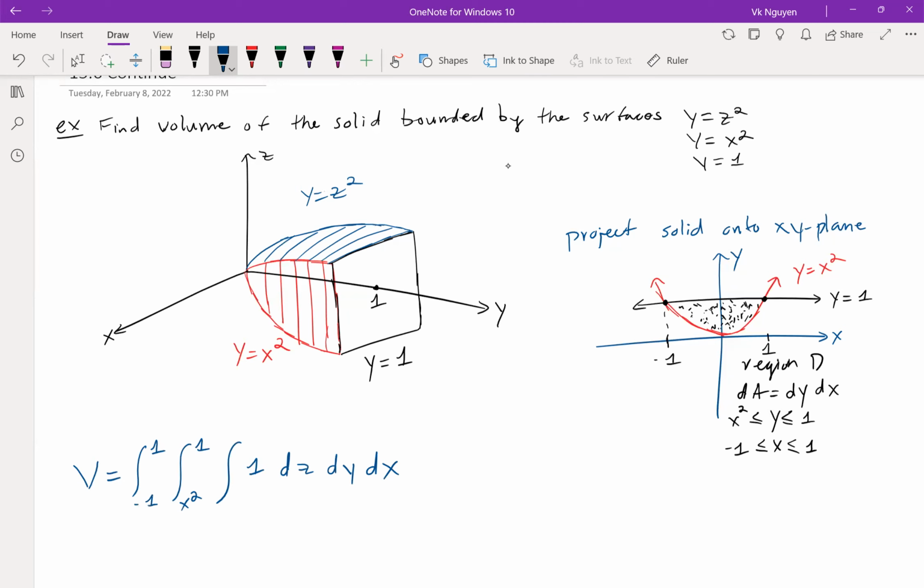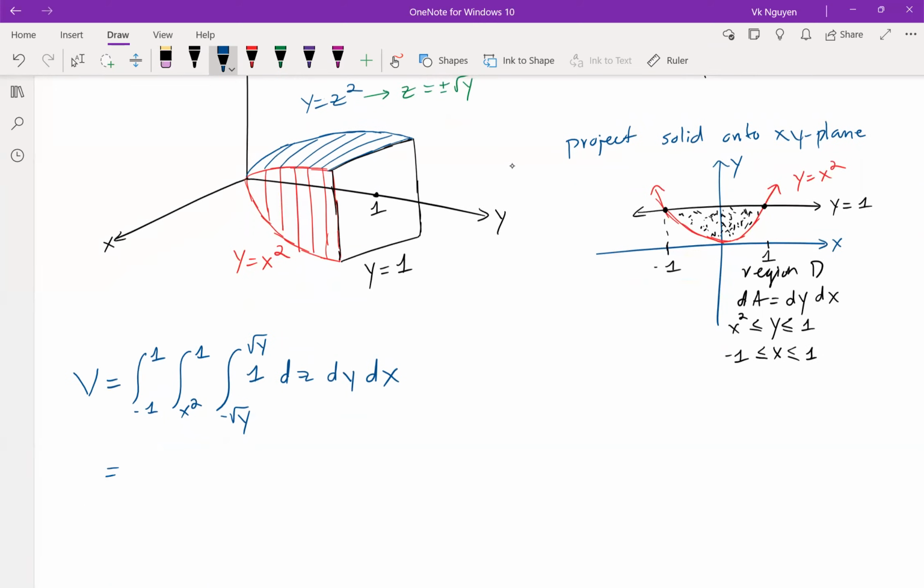What about the z? Z is the height. So z goes from